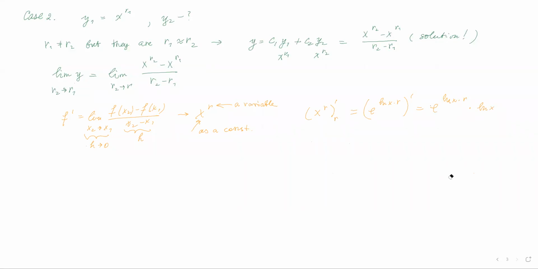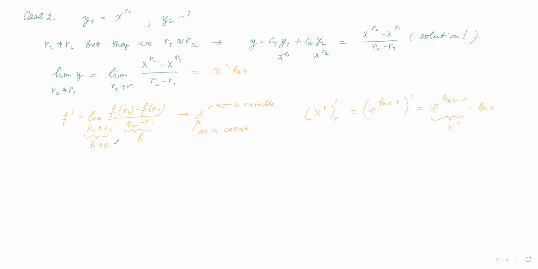So now we can go back: this one is x to the power of r, and that's going to be the derivative. The derivative of x to the power of r is actually x to the power of r by ln of x. So here I'm going to have x to the power of r ln of x, and it's going to be r1 actually here, right? Because it was r1 where we were going. It's not going to be the general derivative. So I'm just using a derivative, the explanation.